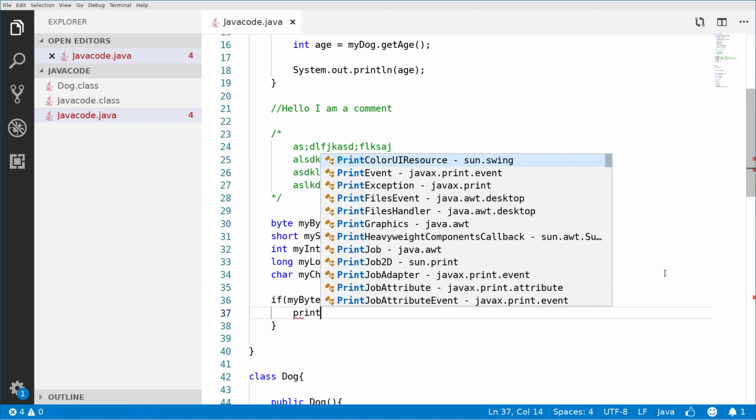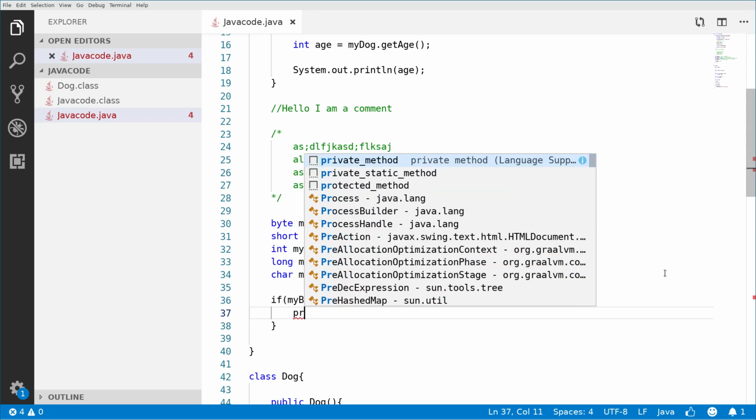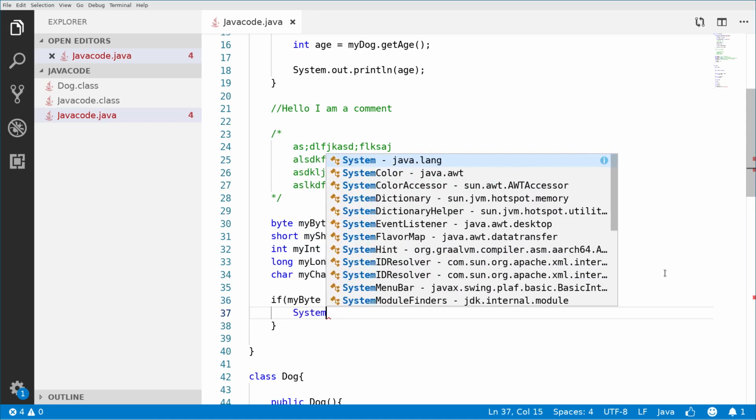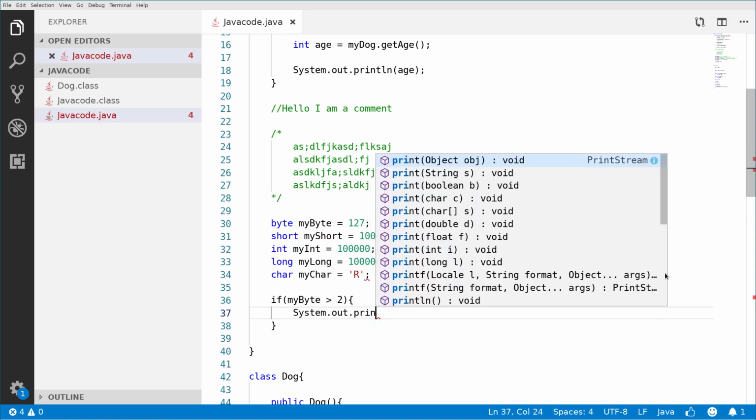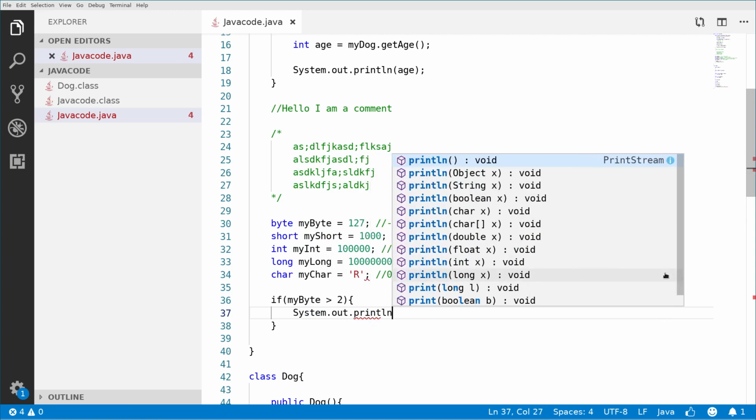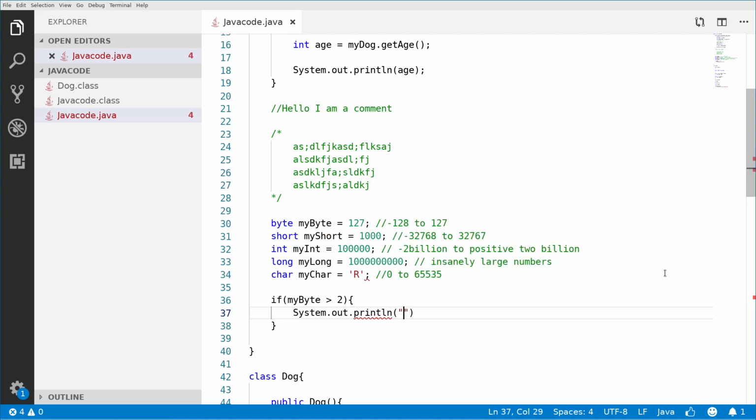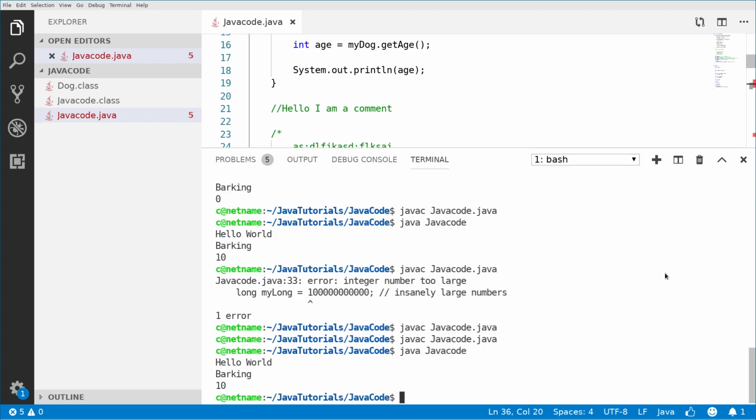and if that's the case, we will print something like, for example, println. Oh, I'm forgetting something right here. So System.out.println, and I will pass "my byte is greater than 2", right? So if I run this right now, so let me check. If I run this right now,